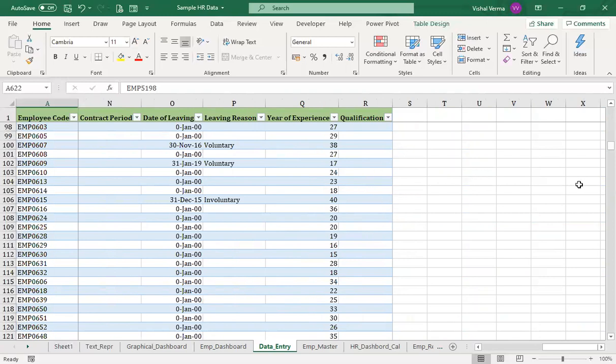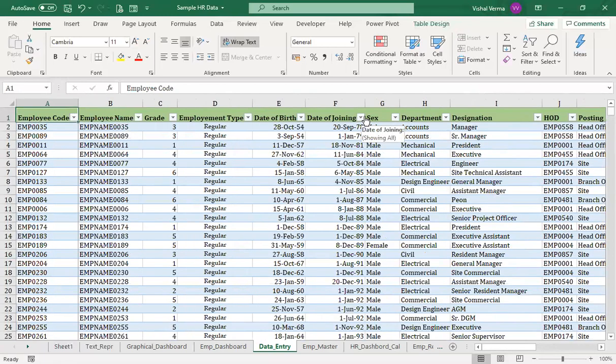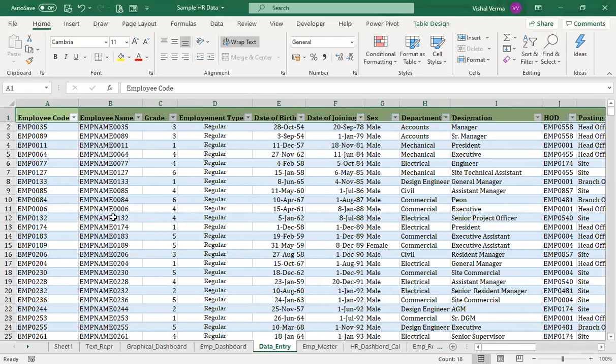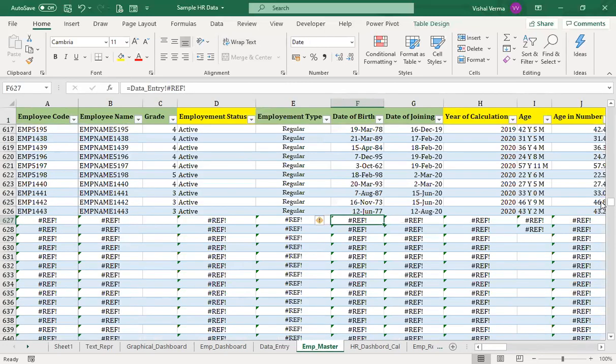Other items you can put here, but always remember that for a form to work, it's a maximum of 32 items that is possible. I would again suggest you keep the number of items under 30, and then we can have other different forms of data entry on the basis of initial level of calculation. All this data entry, you can put in a different Excel sheet, and from this Excel sheet it goes into the employee master. That is what we call the employee master.